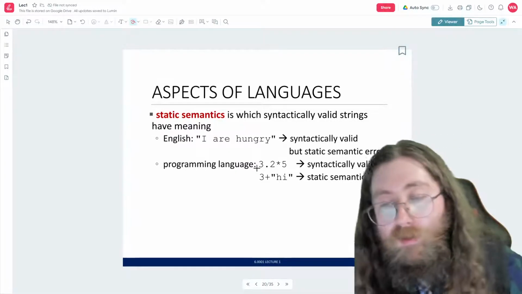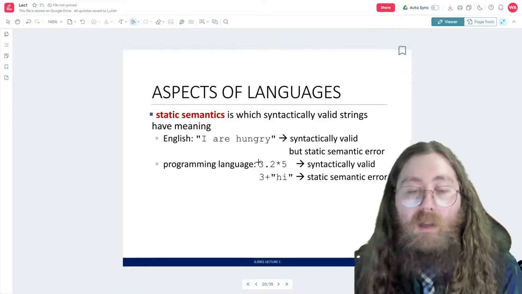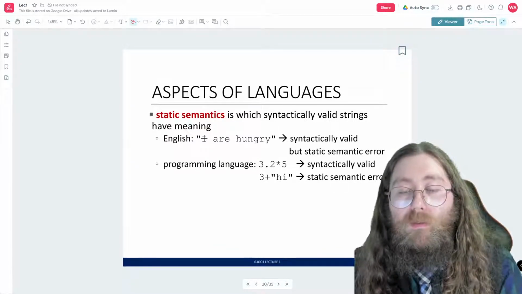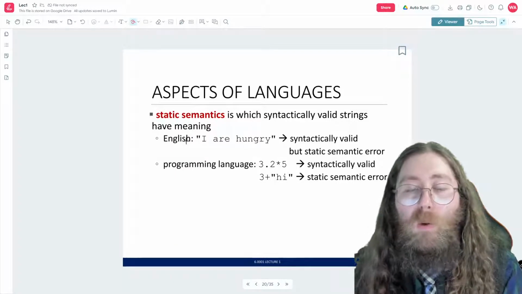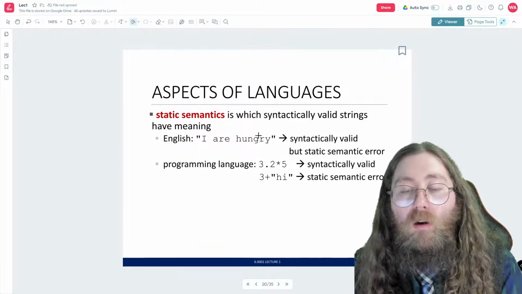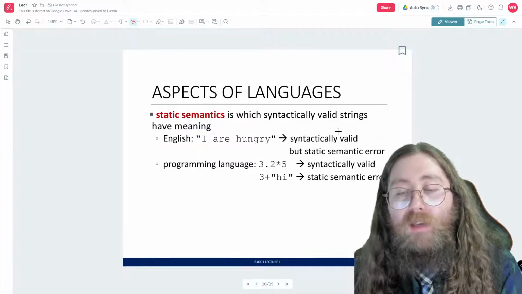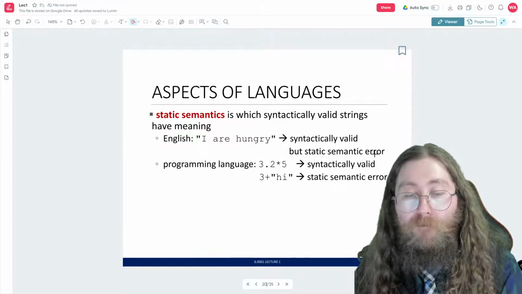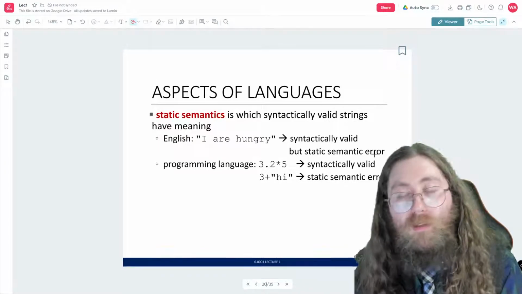Static semantics are when syntactically valid strings have meaning. Okay, that's interesting. So in English, "I are hungry" is syntactically valid, but it has a static semantic error, right? It's interesting.